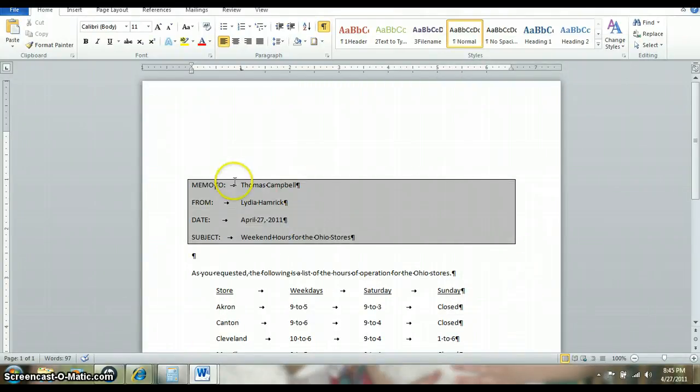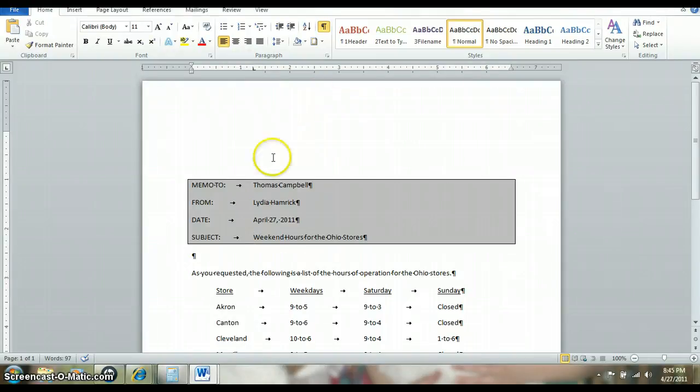So now you're going to adjust the tab setting here. You want to highlight what you're adjusting, and you want to bring that over to 1.25. So bring them all over to 1.25. Oh, this is not one of them. There we go. And then you are going to create